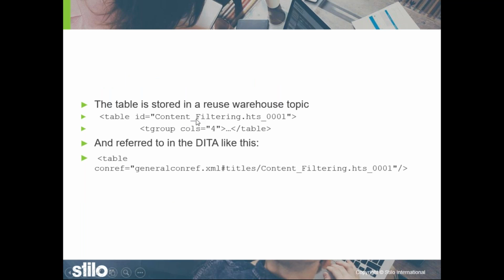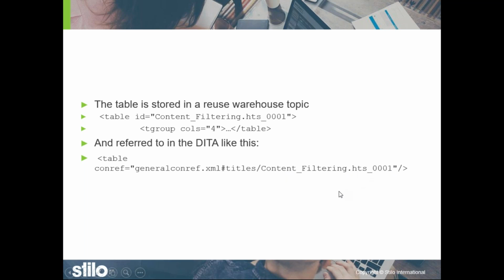So I've pulled it out, I've put it into a reuse warehouse topic, and I've given that table the ID based on its file name. So that the next time I hit that very same thing in the content, it's going to refer to the very same thing. And anytime I see it in any of the content, it's still referring to that same snippet file. It's going to come out with this reference inside the DITA. So it's always going to come out referring to that same